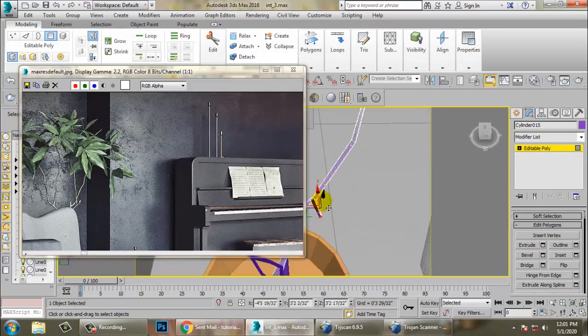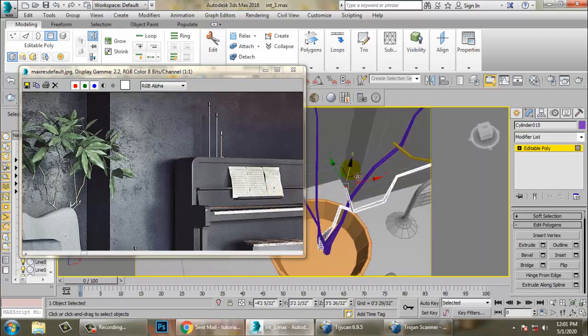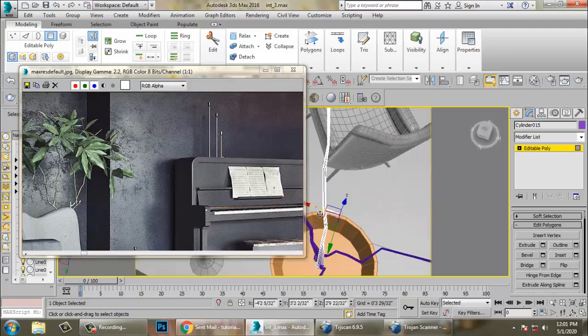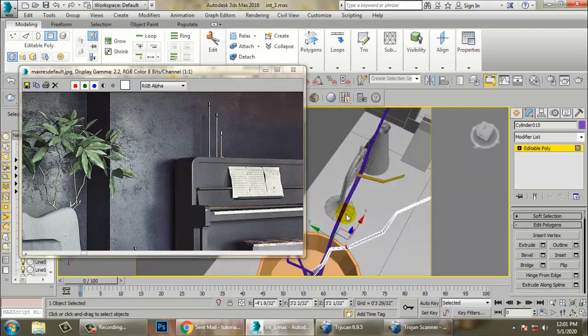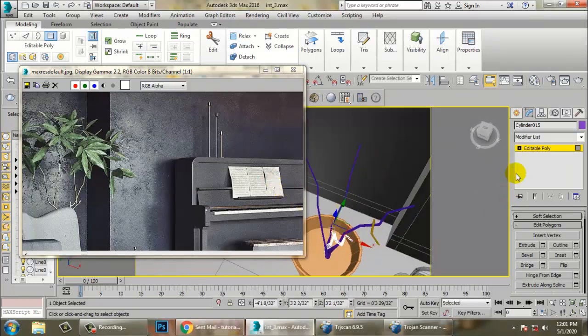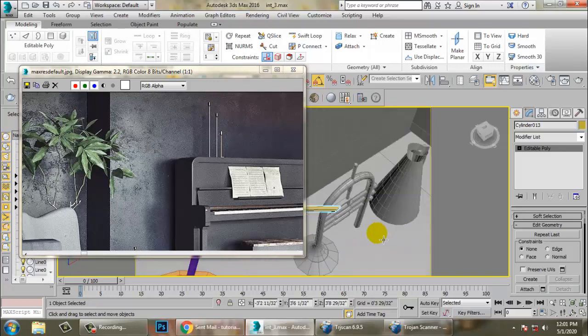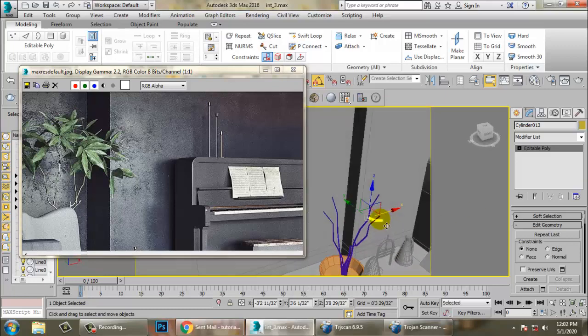Scale this up. We can push it till here if you want. We are making it very randomly.